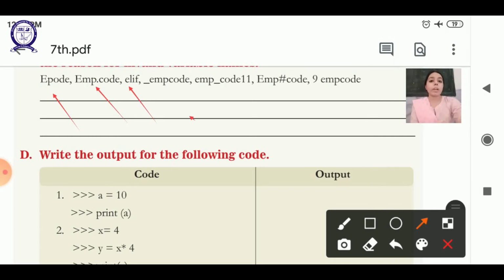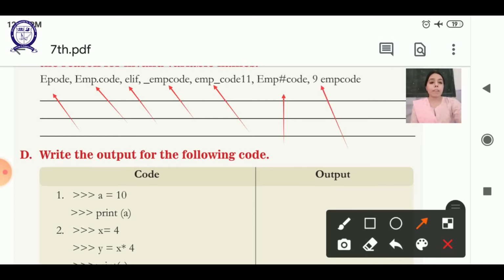Then underscore employee code is right because any identifier or variable can start with an underscore. Employee underscore code 11 is also right because letters are there, underscore is there and code is there. Then we have employee hash code, this is wrong because hash is not allowed. Then 9 space employee code is also wrong because the variable name cannot start with a digit and there can be no spaces as well.